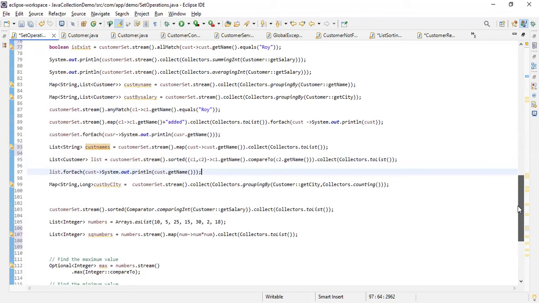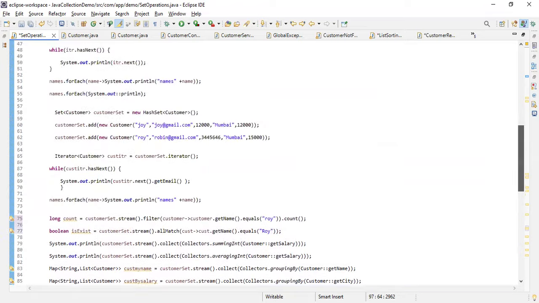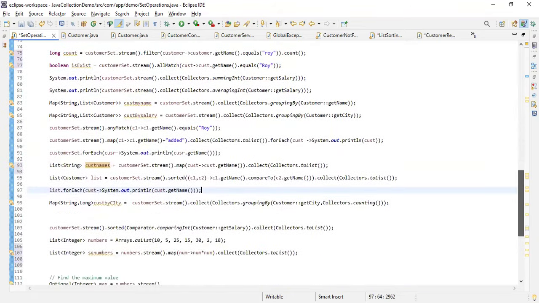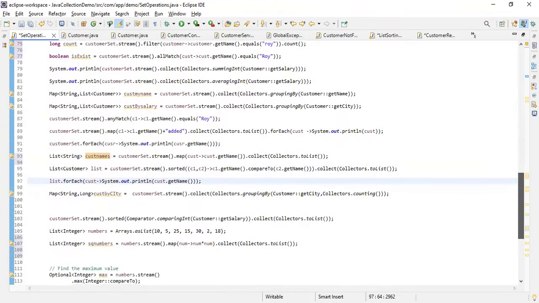Then you can also use flat map. You need to create multiple lists and then combine them and process them, and for that we use the flat map operation. So flat map and map operations are very important, right?